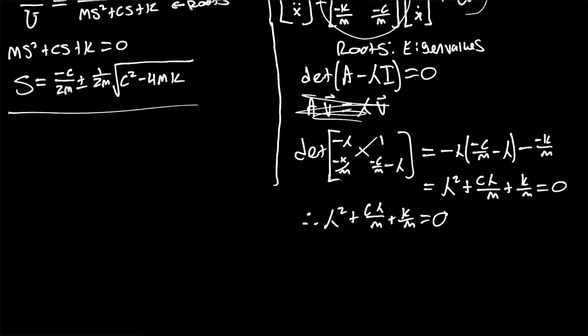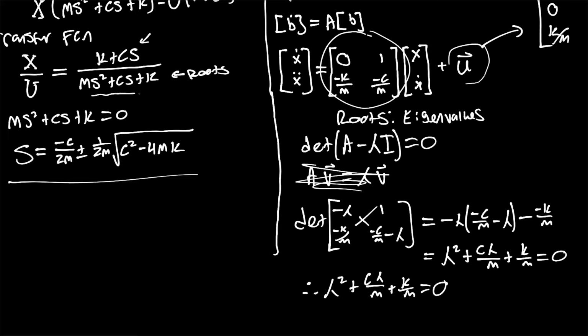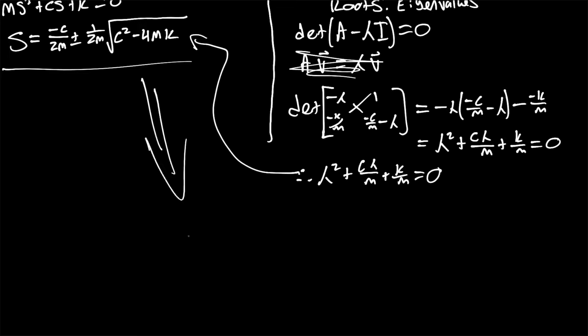And this is very similar to the bottom equation that we had when we did the Laplace transform. In fact, we expect the roots to be exactly the same, otherwise physics doesn't make sense. So both ways that we do this, we're going to get the same roots, we're going to get the same dynamic response, because these are both essentially the same linearized representation of the dynamics of that system. So we could replace lambda with s, and we would get the same roots that we got here. So let's just bring that down here. S equals,